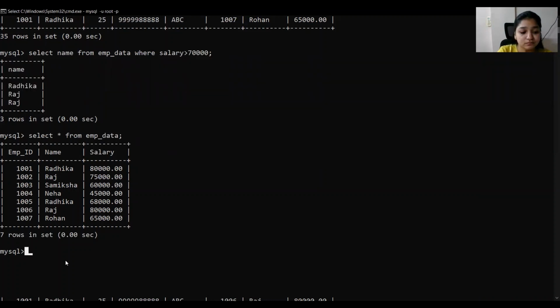Now if I say select employee ID comma name where employee ID is between, so we can directly write between. Between is an operator. So here we can say where employee ID is between 1002 and 1005, and we use AND as a logical connector over here.